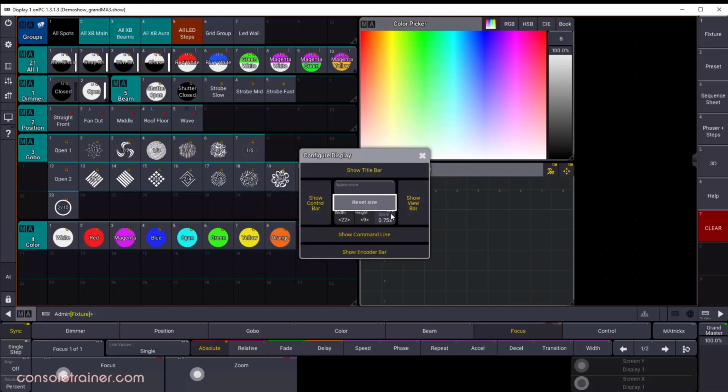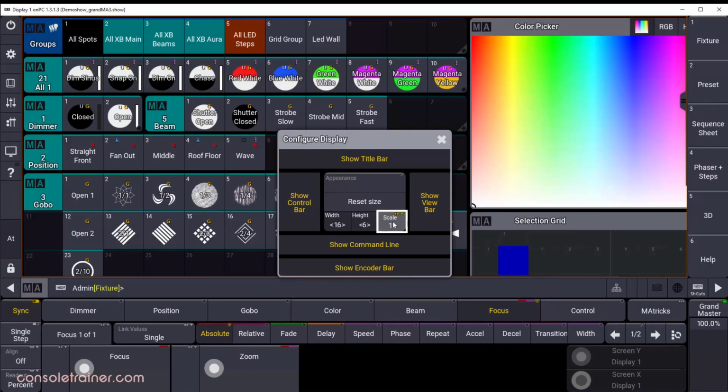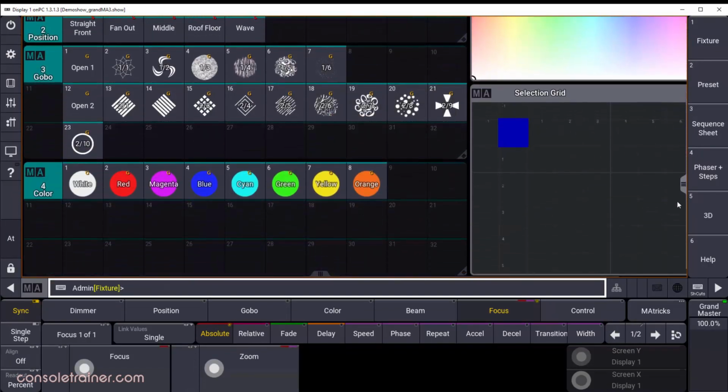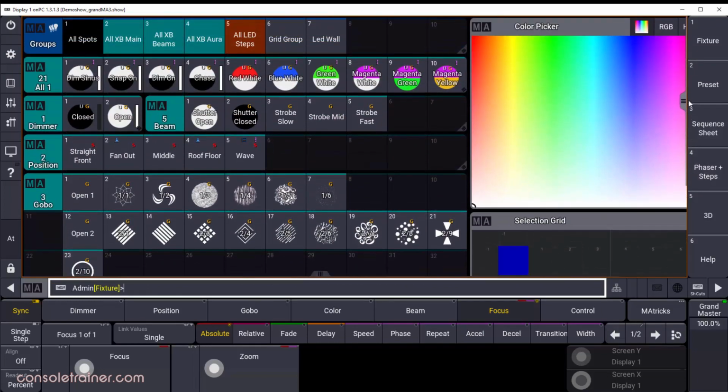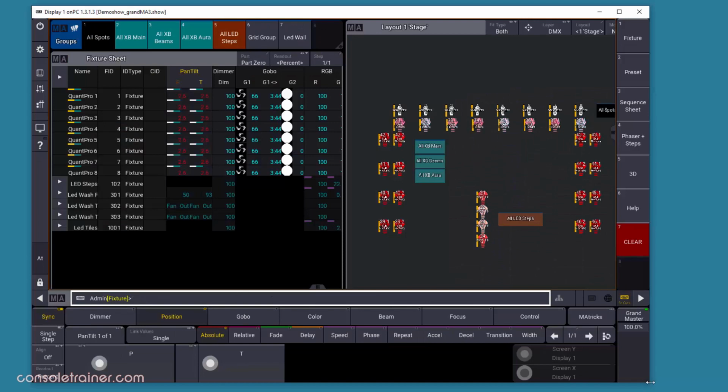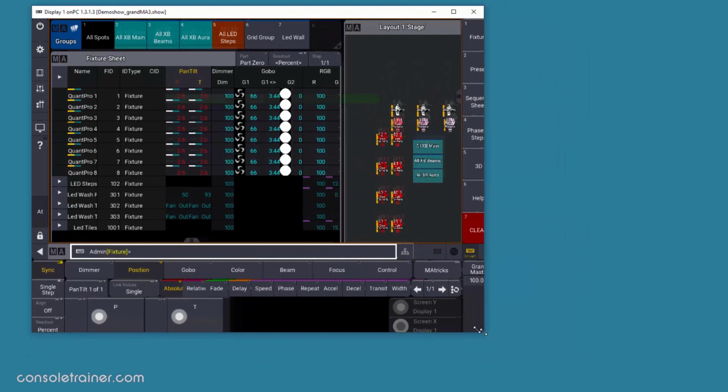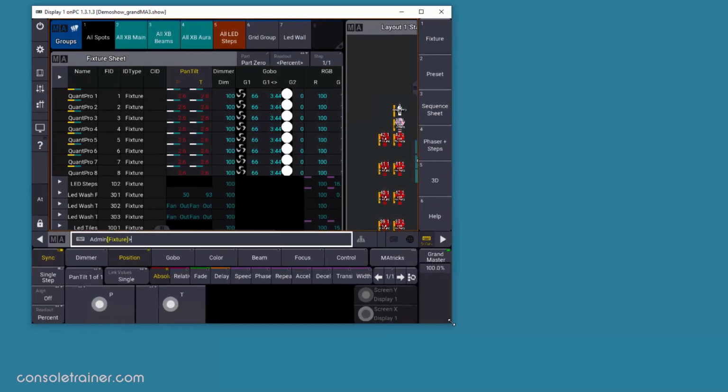The scale option is only for onPC and external monitors. It'll be grayed out on the console's internal monitors. I've already changed the scale of this screen so that it's easier to work with. See what happens if I change the scale to 1? I have to scroll around and I just can't see everything as well. You may want to play with this on your onPC to find a scale that works best for you. Also, definitely pay attention to how making the program window smaller doesn't proportionately shrink the screen. So set a size for the window first, then play with the scale.